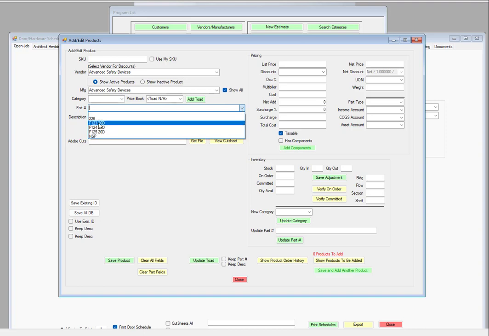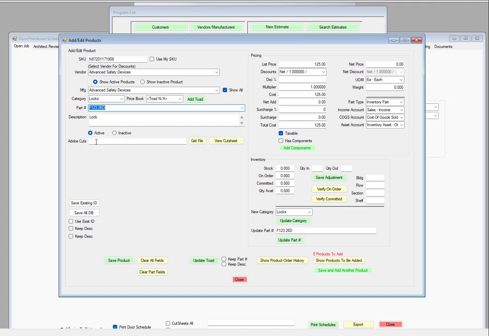Okay, here's a product. You can see the Adobe Cuts, that's empty. You can create your own PDF file for this product by going to this manufacturer's website, downloading whatever files you need, and saving it to a PDF file. And then once you've saved it,